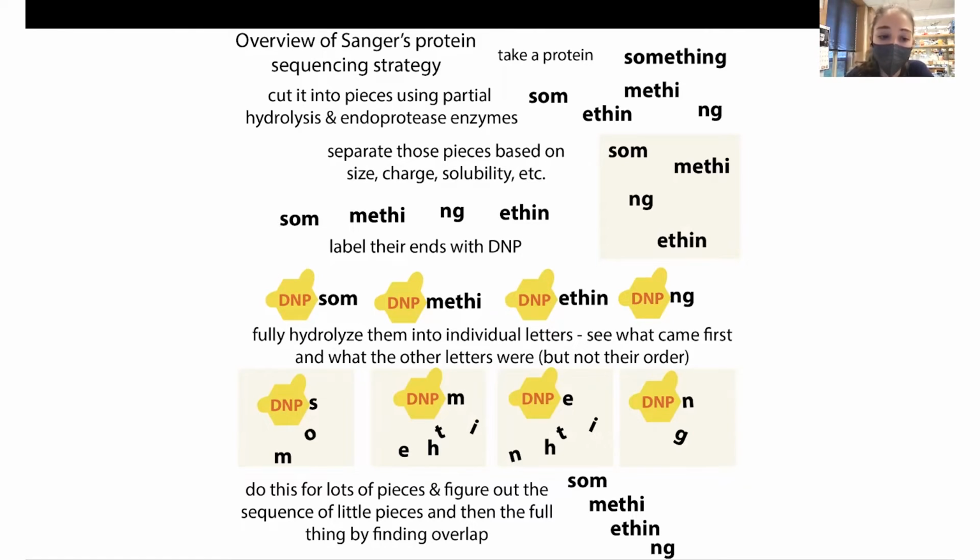So remember, he developed this DNP. And he also has a way that he could break the peptide apart and separate the letters. And so this is actually known. Even though the sequence, the order of the letters, wasn't known, the actual composition was known, like what percentage was alanine versus phenylalanine versus tyrosine versus tryptophan. And the reason is because there are these methods in which you can